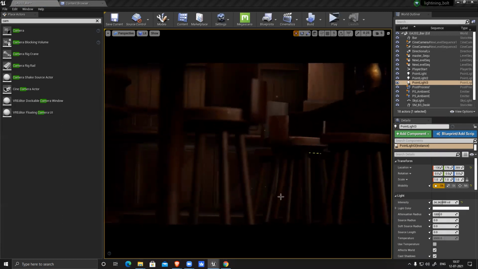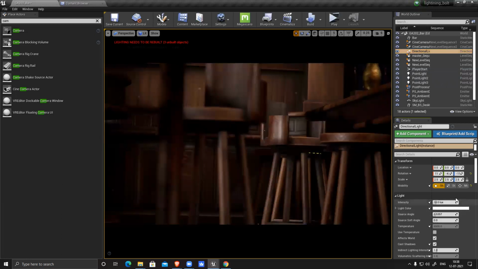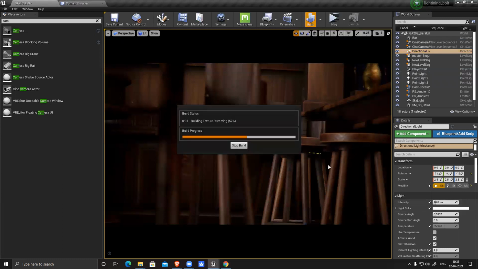And I feel my overall light is a little dark. So what I can do, I can increase the intensity of this light, push back to 10 only, and build again.